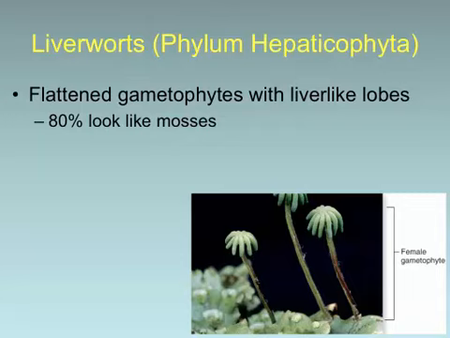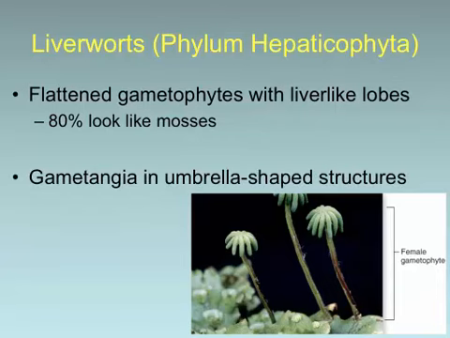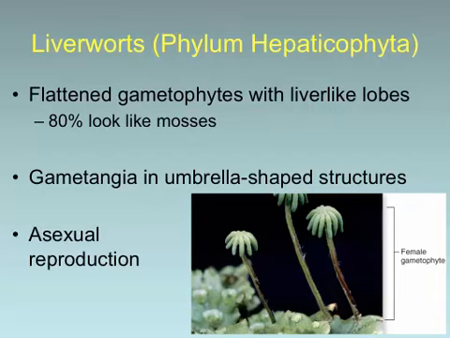Now, that being said, a lot of liverworts don't have that liver-like appearance, but the one that we talk about most frequently, at least in General Biology 2, Principles of Biology 2, is the classic Marchantia, one genus that looks a lot like the classic liverwort. The gametangia in this case, the parts that are actually producing the gametes, remember the gametophyte is haploid, it's going to contain the gametangia, which are eventually going to produce the gametes. They look kind of like little umbrellas in this case.